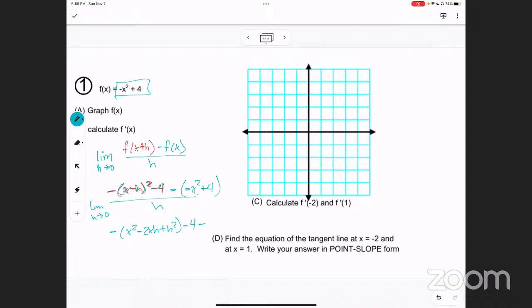So minus, whoops, didn't mean to do that, minus negative x squared plus 4 all over h. The limit as h goes to 0. So this equals the limit as h goes to 0 of negative x squared positive 2xh negative h squared minus 4 plus x squared minus,